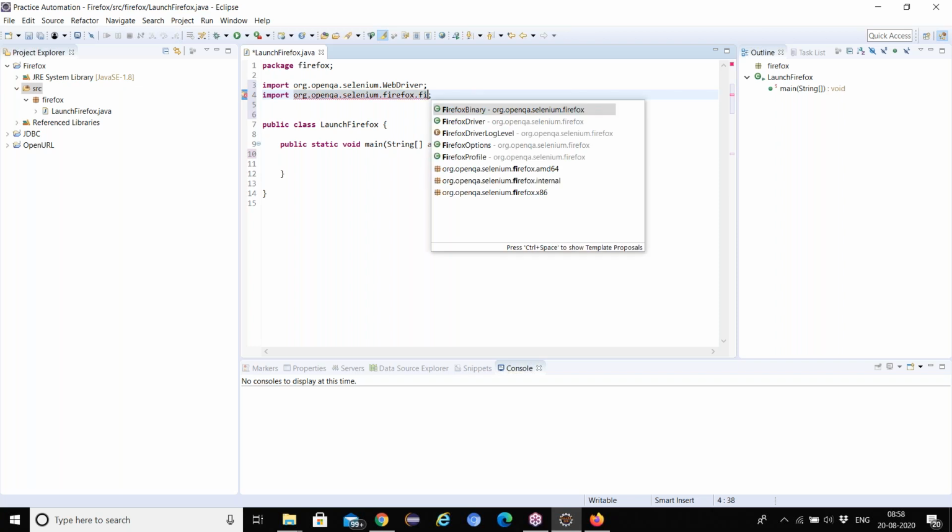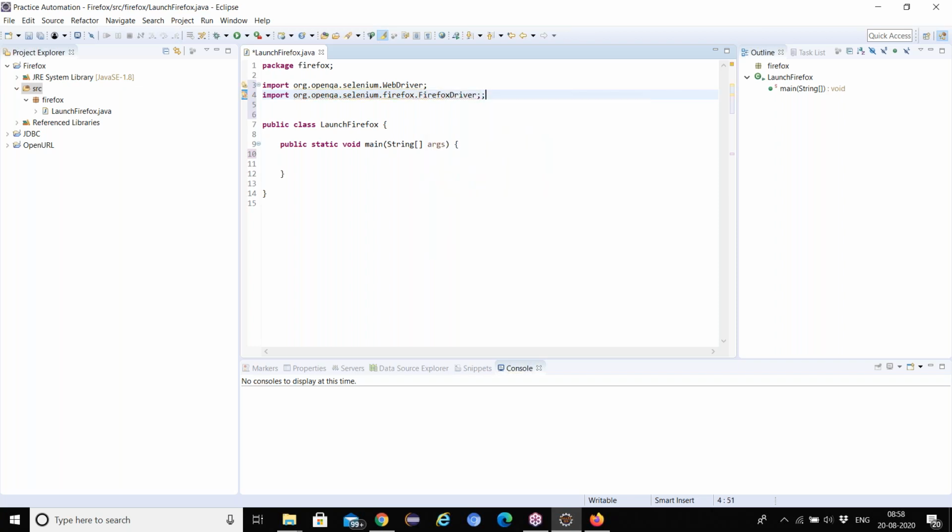Press control space and everything comes itself; you just need to write two or three letters. The yellow line is only a warning because you have not used it yet. Don't concentrate on that. Concentrate on these two: import org.openqa.selenium.WebDriver and import org.openqa.selenium.firefox.FirefoxDriver.